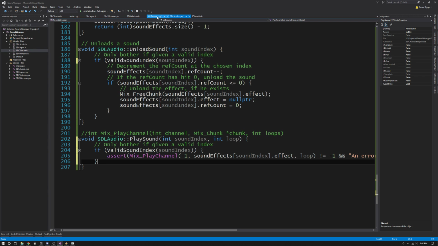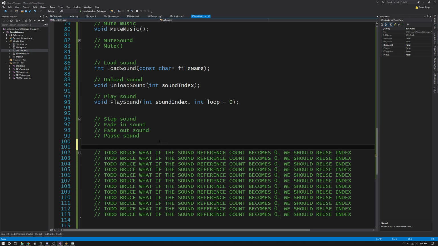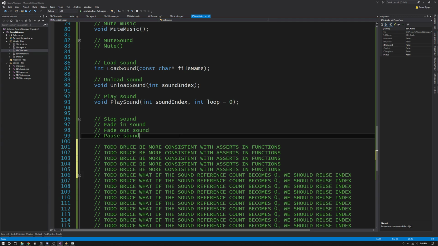Alright, one thing I also need to give myself comments for is I need to be more consistent with asserts in functions. Let's copy that a few times. There we go. Alright, I think I'm gonna do one test of loading a sound, playing a sound, and then